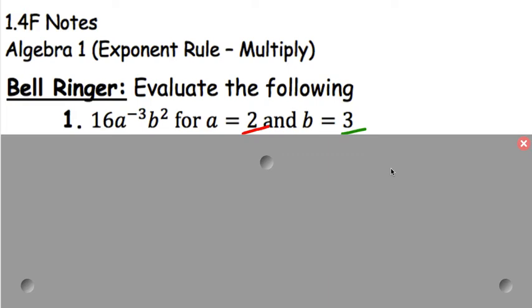All right, Algebra 1, here are your 1-4F notes. Basically, what we're going to be doing today is starting our exponent rules. But let's start with the bell ringer and go through the type of problems that we looked at on the